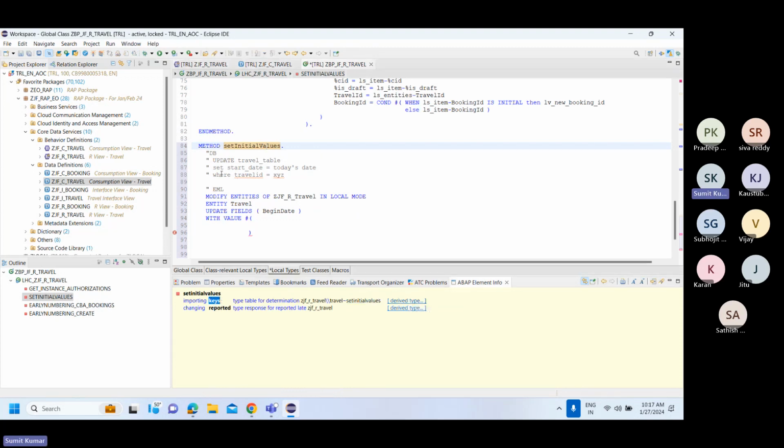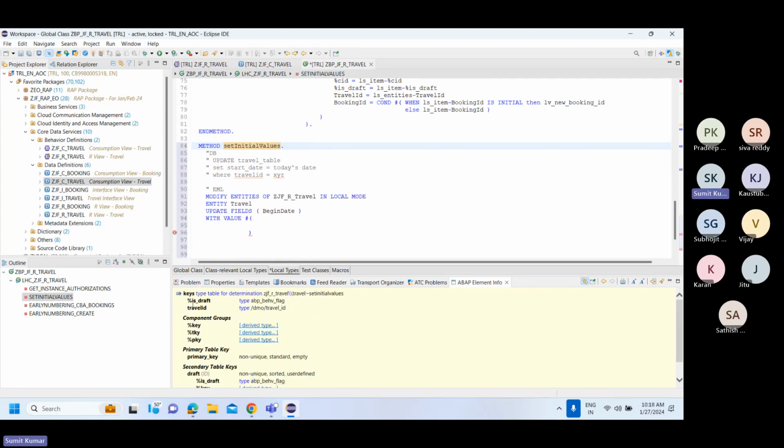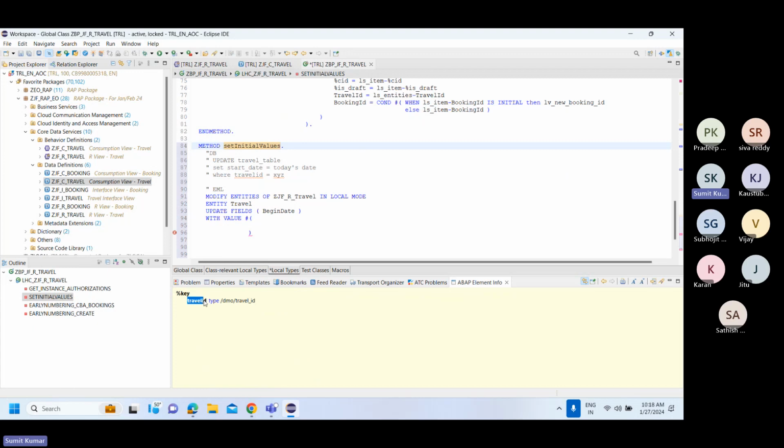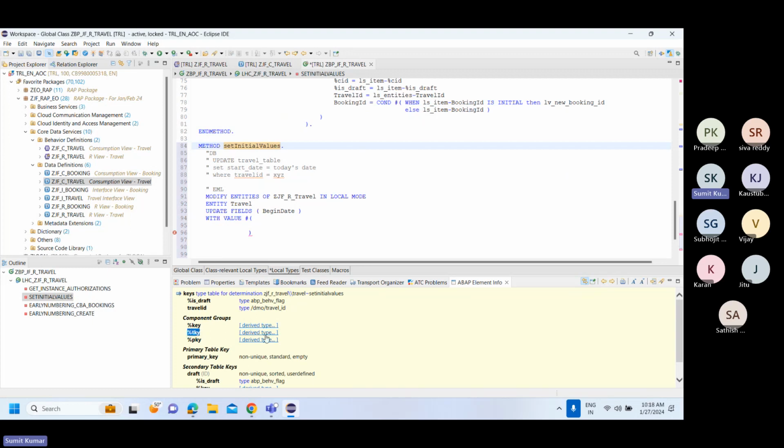This key can uniquely identify your record, which you can use in the where clause. Right here, you see you have got these two things. On top of it, you have got certain component groups, which are grouped key parameters. If I say %key, irrespective of whether my record is in draft or not, what is the unique identity of my record? I'll just go over here and you will get a travel ID. But overall, if I would like to uniquely identify my record, this %tky, which is nothing but my total key, will be used,